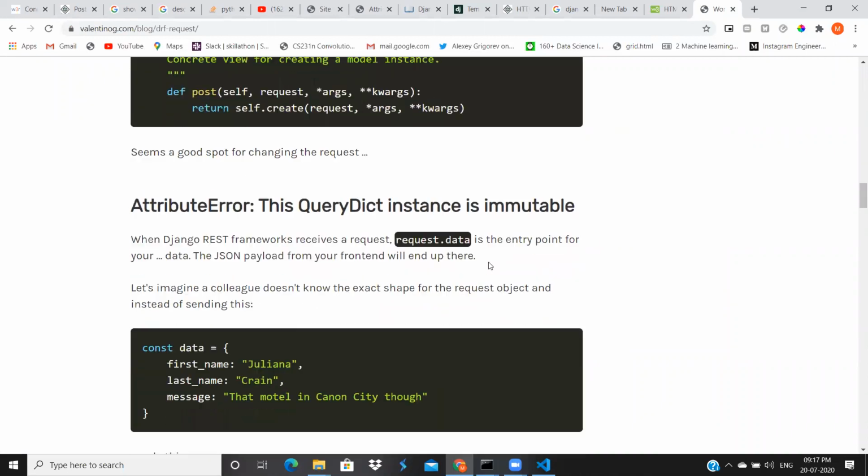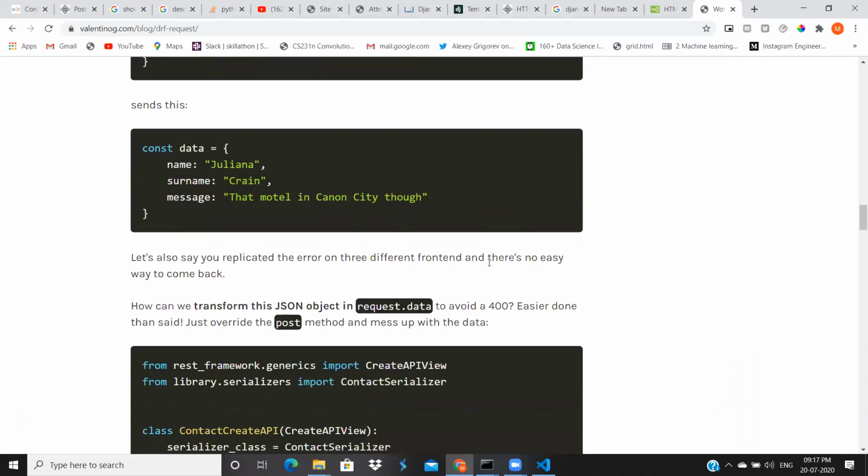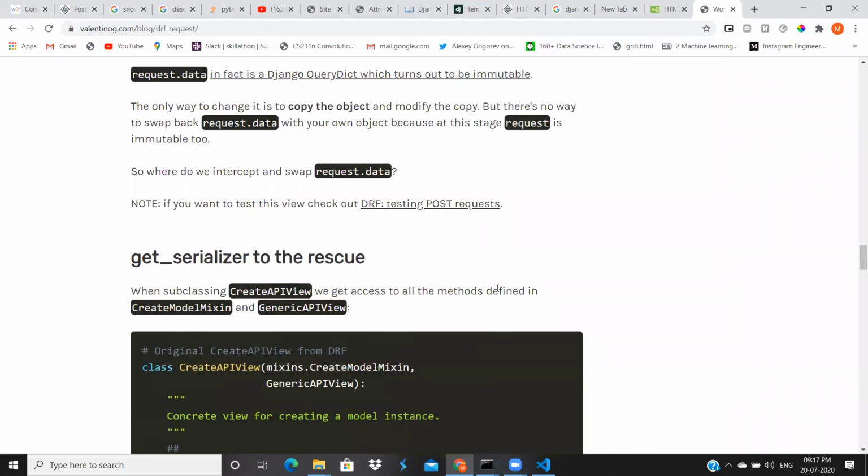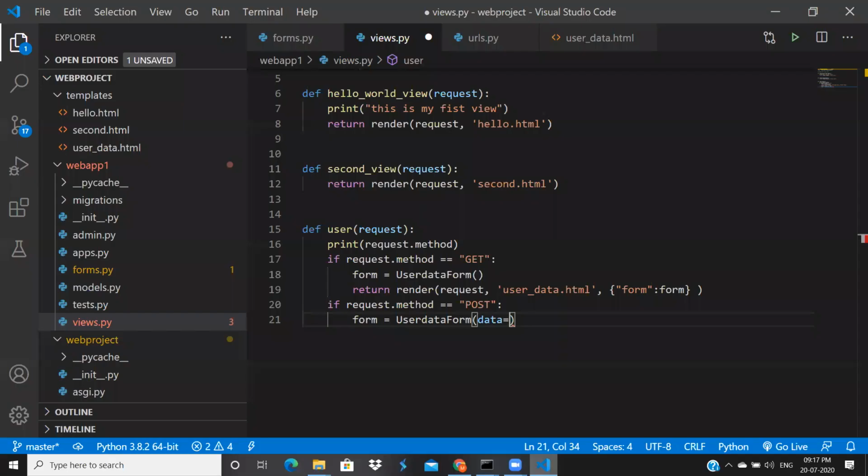Here, to access the data from the request, we have request.POST.